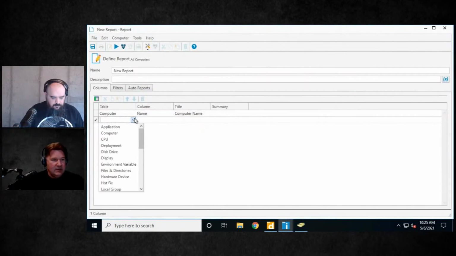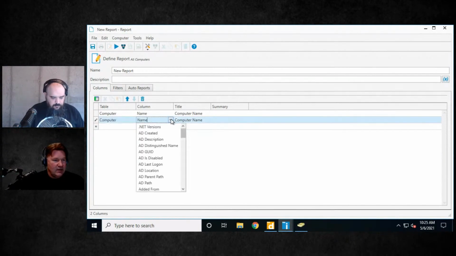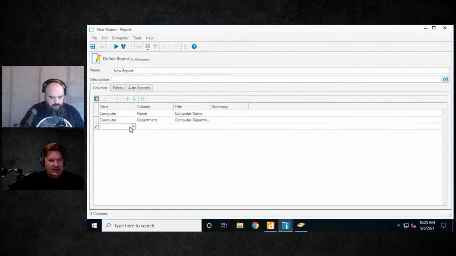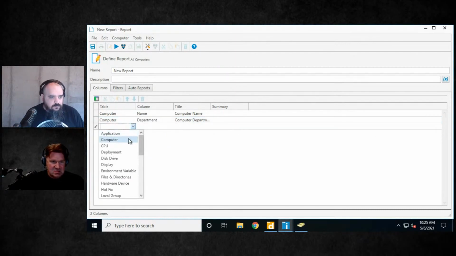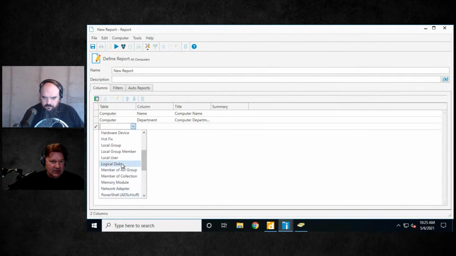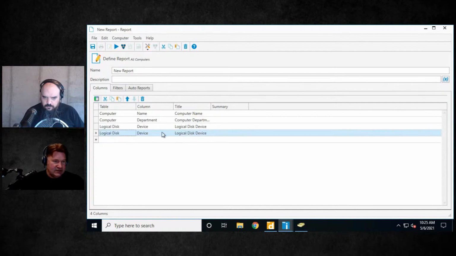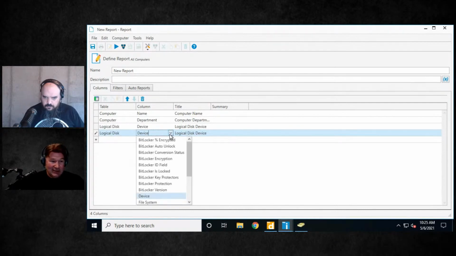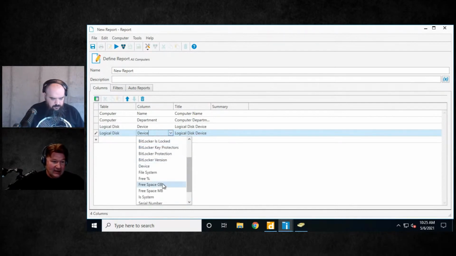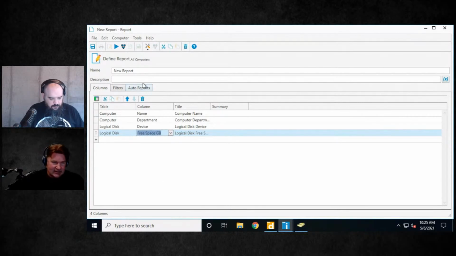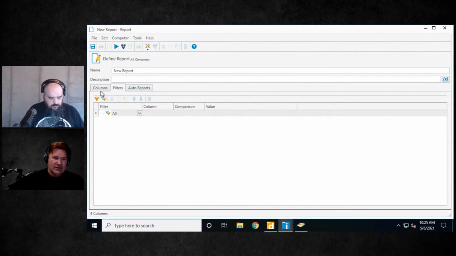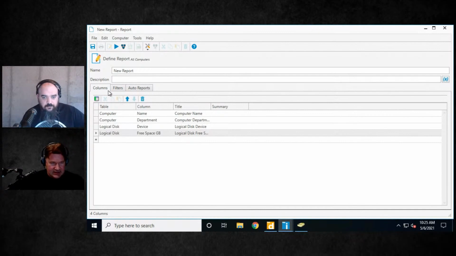We want computer, we want department, and I don't know what other information you're going to want in accounting on machines. We'll look at local disk, and then, I don't know why accounting would want this, free space, I guess. Or maybe we just want the spies. Super spies want to know how much disk space you've got, right?